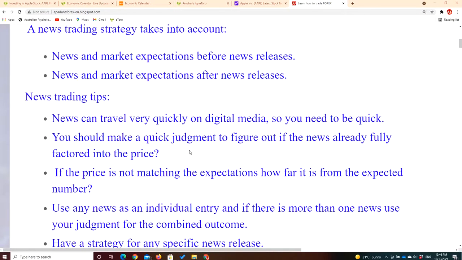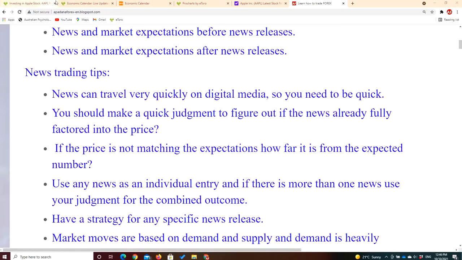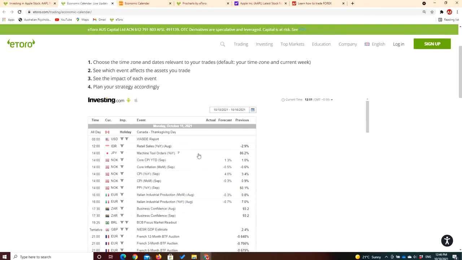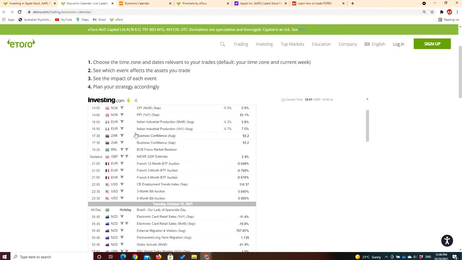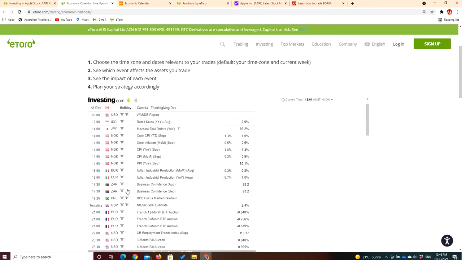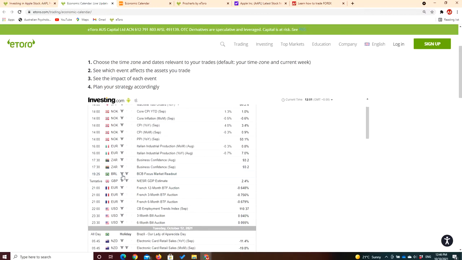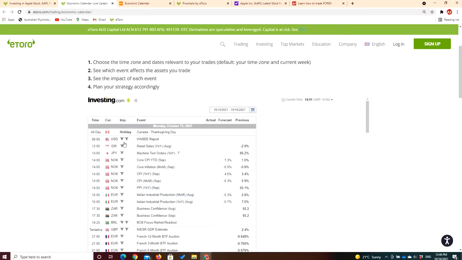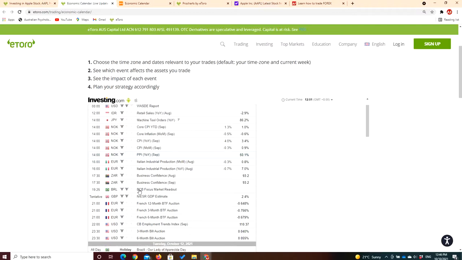Let's just have a look at some economic calendars that you may want to use. If you're using eToro, where I am a popular investor, eToro uses the investing.com economic calendar anyway. So we can go here and see what news we have and how important they are. So the impact of this news on investing.com, if you have more bulls, two or three, it's more and more strong. Anyway,